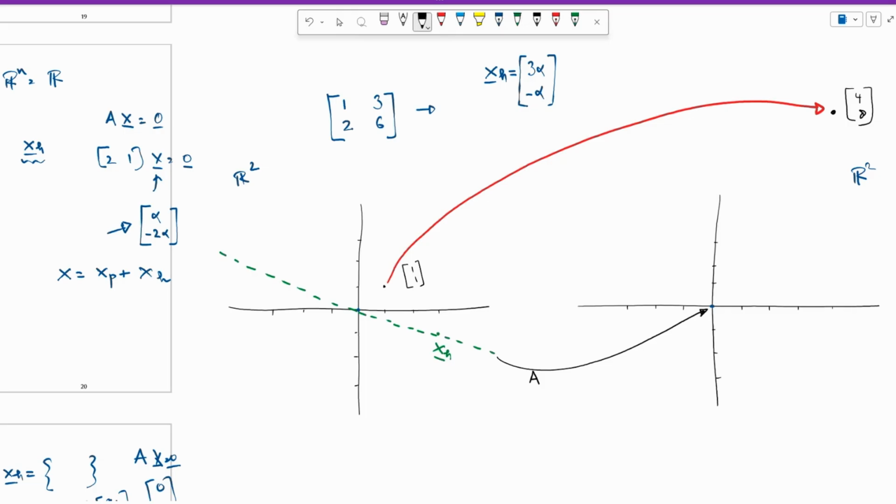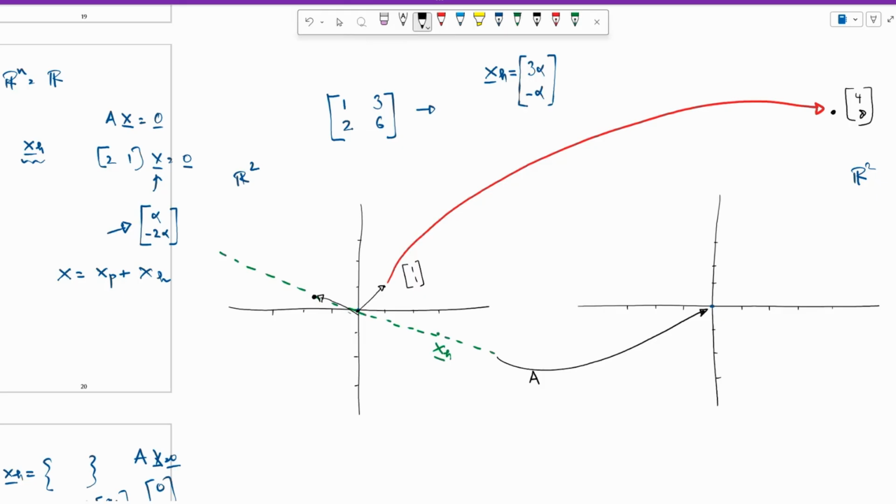Hold on, no. You have a non-zero homogeneous solution. So if I take 0, add it to 1, 1, I'll still go to 4, 8. If I take any point here, add it to 1, 1, I will still go to 4, 8. That is equivalent to saying, if I take this vector and I take this vector,